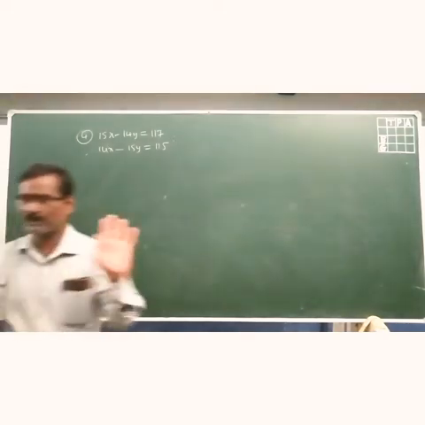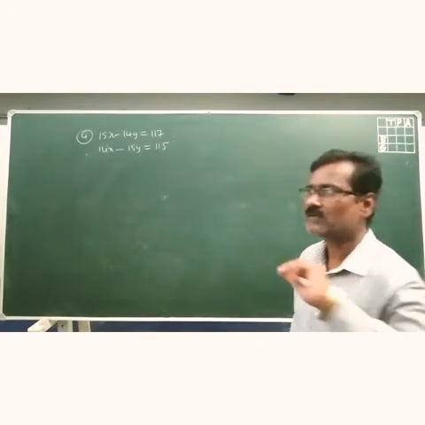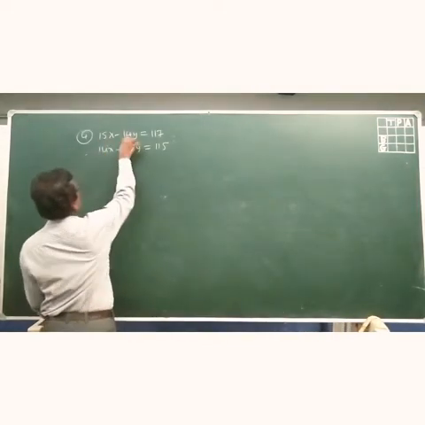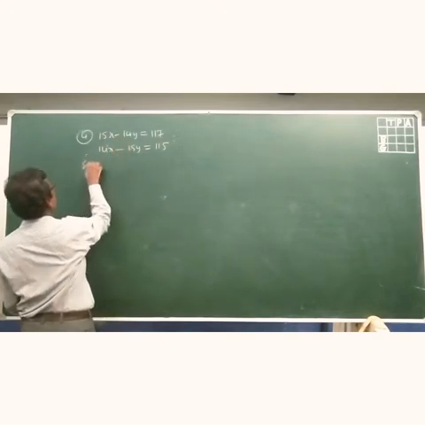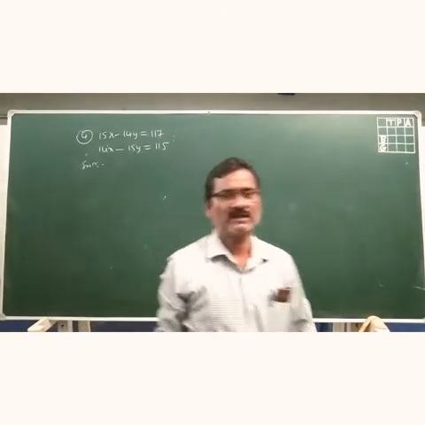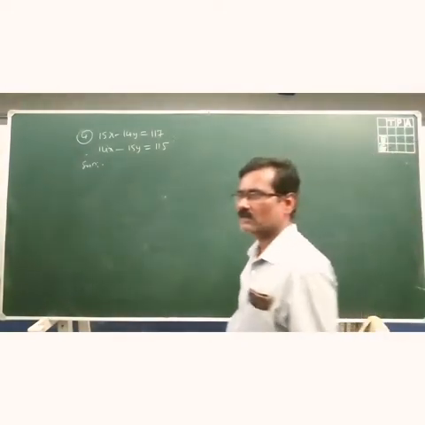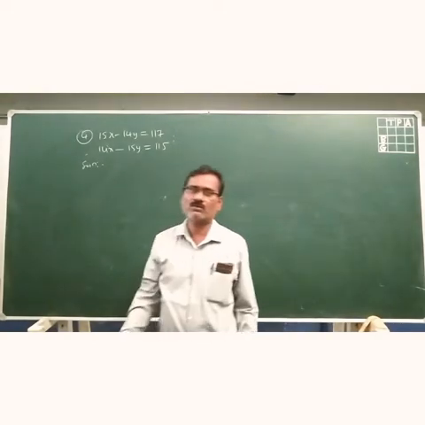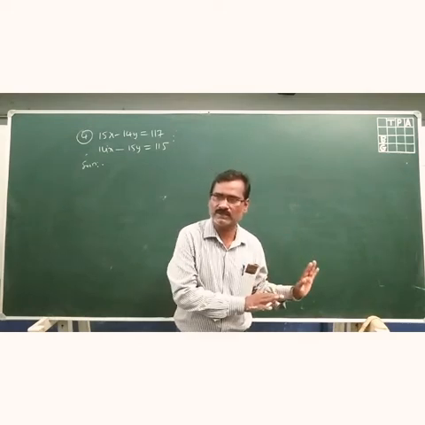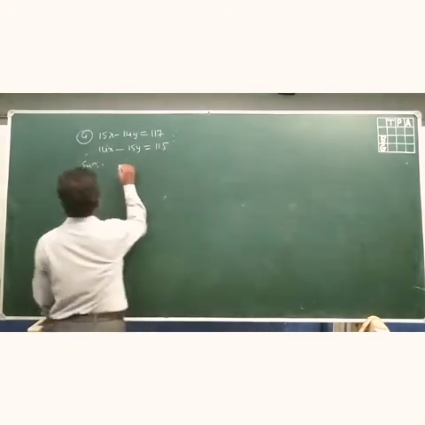Just observe this problem. In this problem, the x and y coefficients are crossed numbers: 15, 15 here, and 14, 14 for x and y. This means there is some logic in the problem. We need not multiply the x or y coefficients. Then what do we have to do? We have to do one addition and one subtraction of the given equations, so that we will get the solutions.